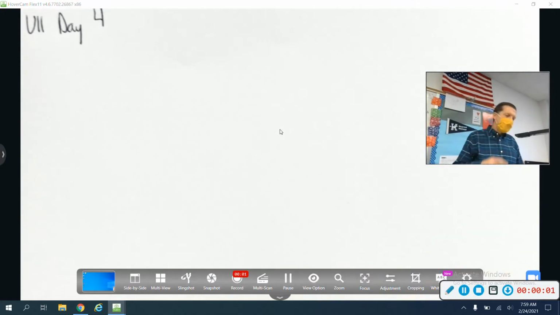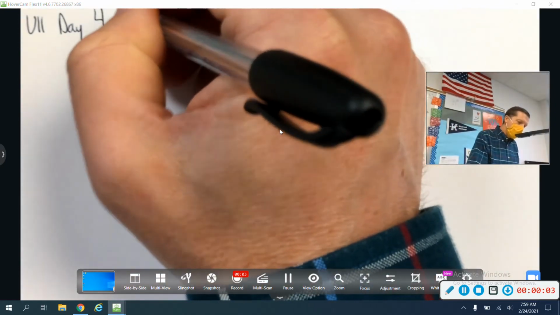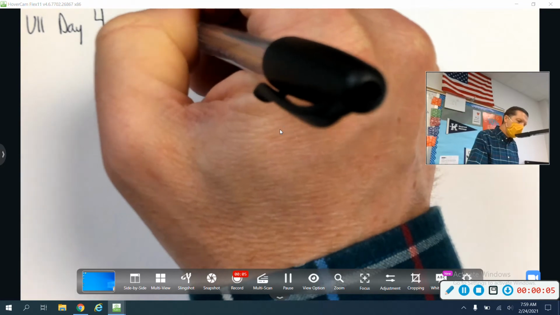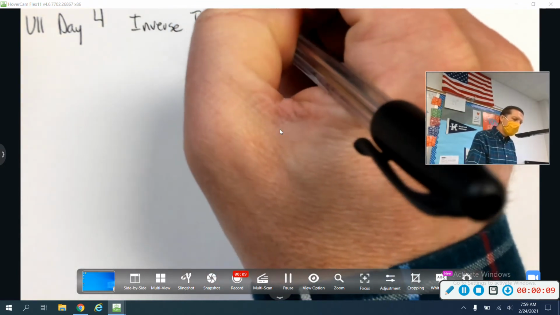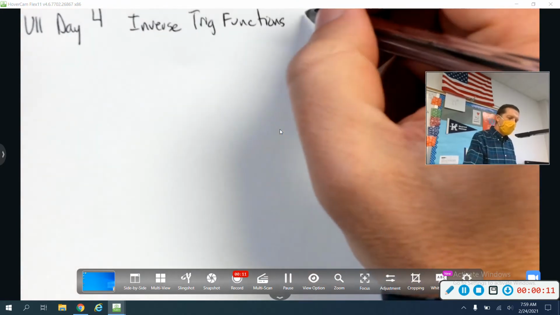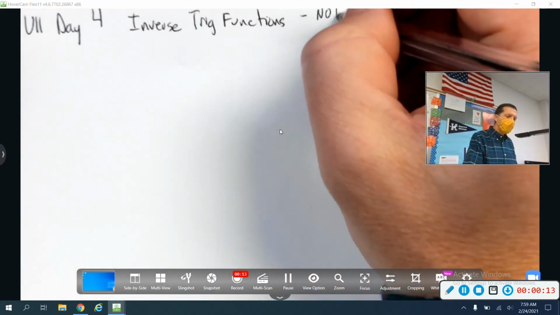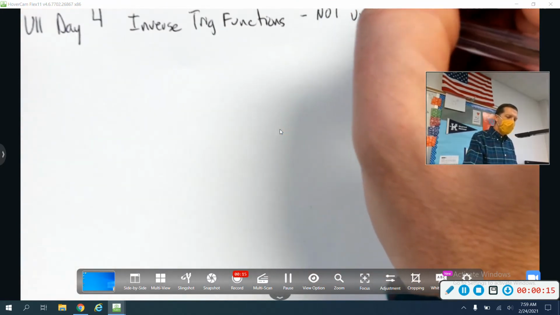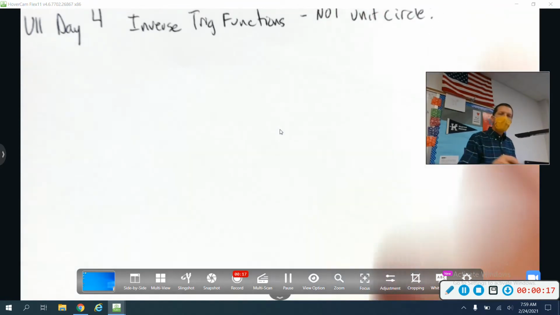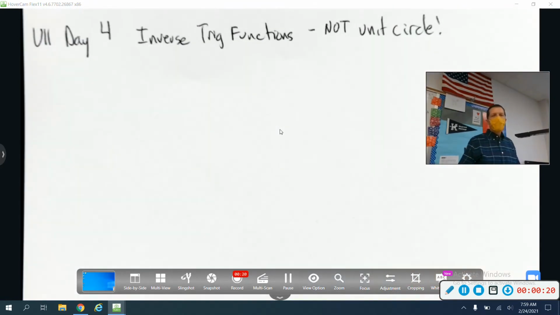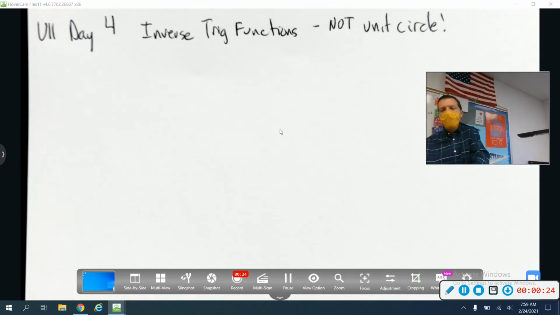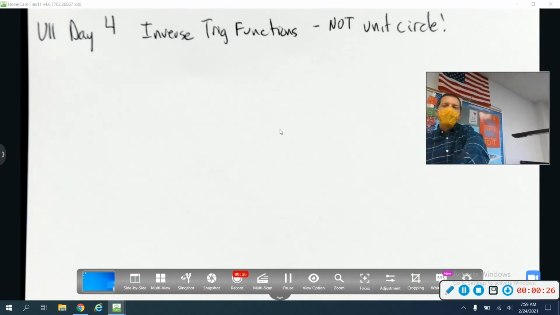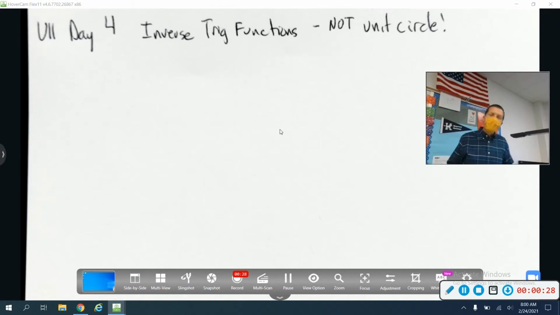Unit 11, Day 4. Inverse trig functions, not on the unit circle. So I don't know if that's good or bad, I guess. If you know the unit circle well, you might not like these because they're not on the unit circle. If you don't know the unit circle well, you'll prefer these because you don't have to know the unit circle